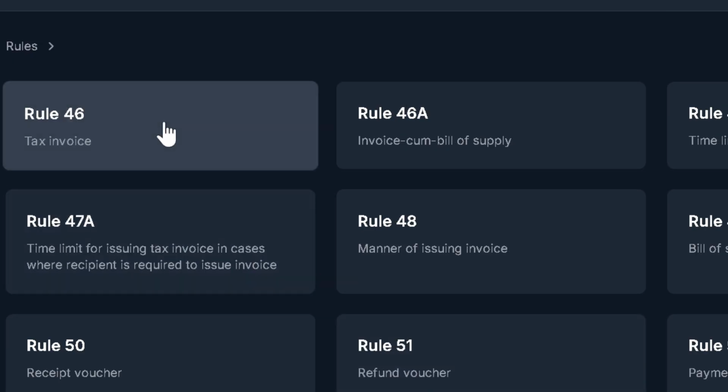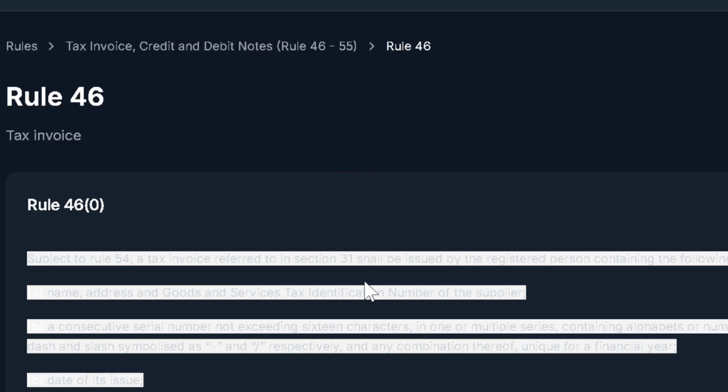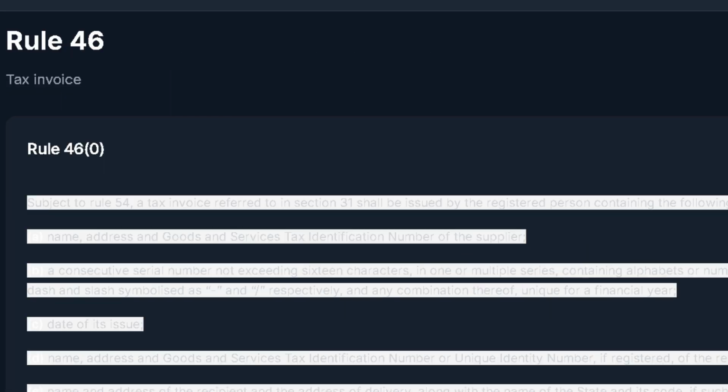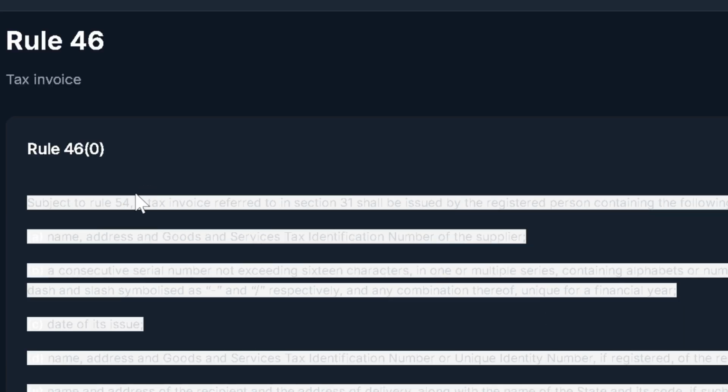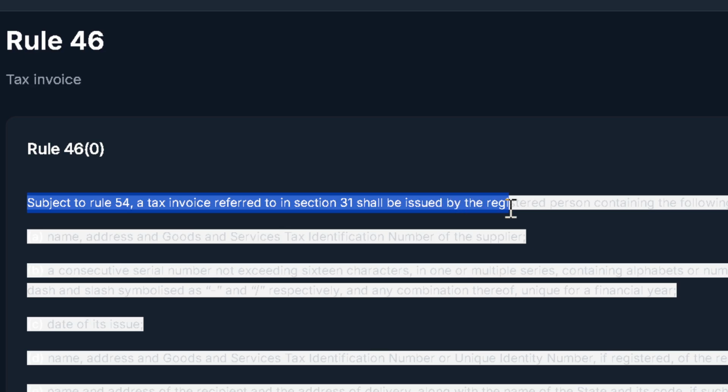Now let us start with Rule 46. Rule 46 speaks about the tax invoice. Let us now understand each one of it in a more detailed manner so that it becomes easy to follow. Now, subject to Rule 54, a tax invoice referred to in Section 31 shall be issued by the registered person containing the following particulars, namely: